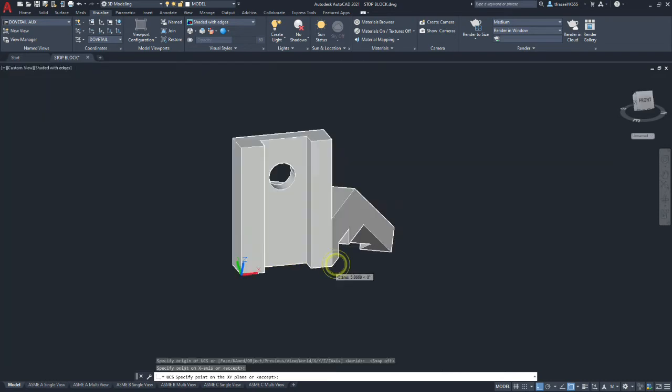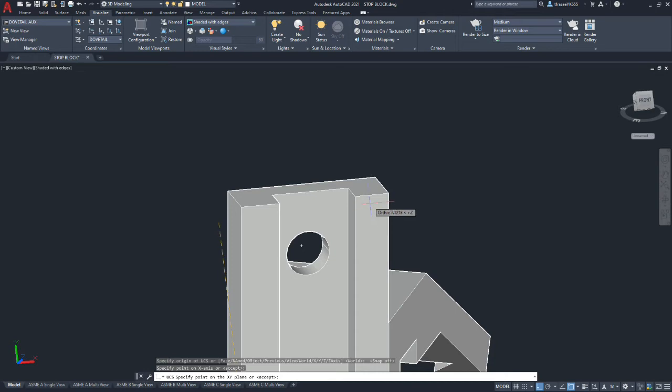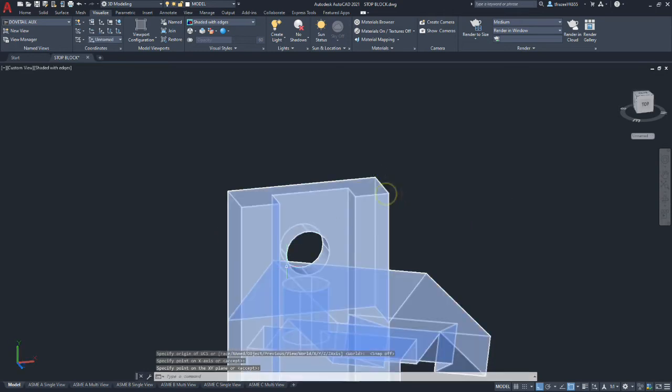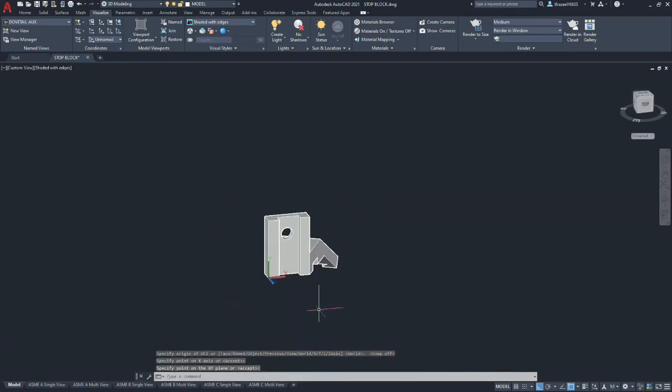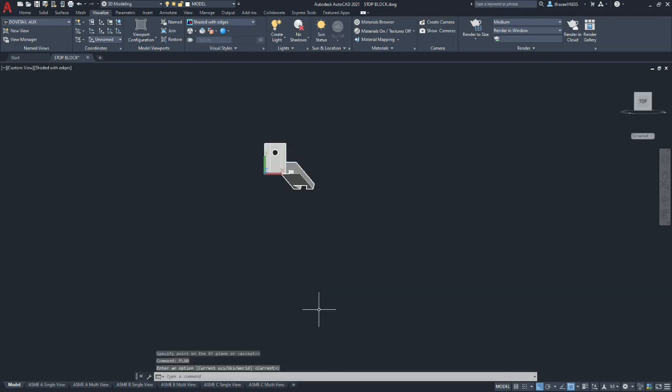Go right for the X direction, and then another point in the plane for Y. Okay, now we're going to type plan. And we'll be looking straight in at the view.